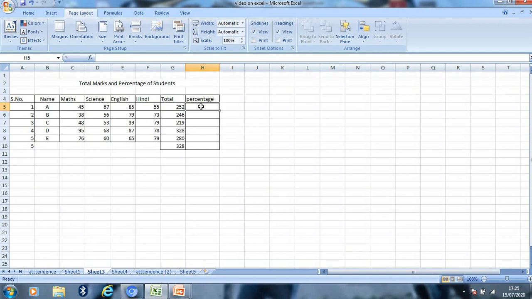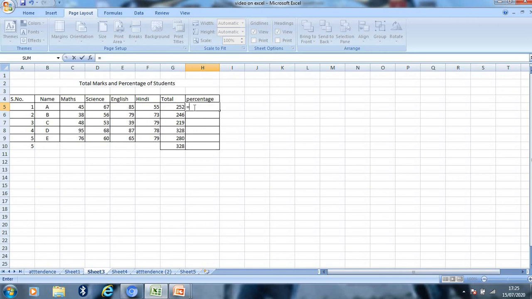The composition of these operations makes formulas, and these formulas can be applied in our MS Excel. For example, if I want to find out the percentage, how can I find it? It is very simple. Just type equals to, because the formula of percentage is total multiplied by 100 and divided